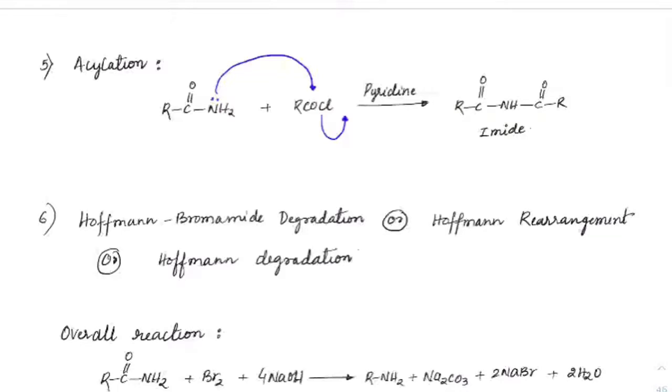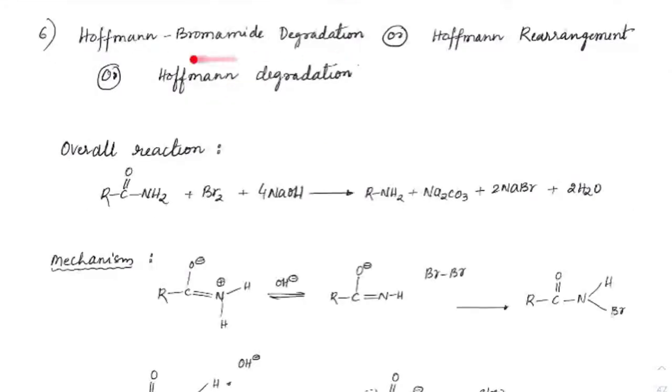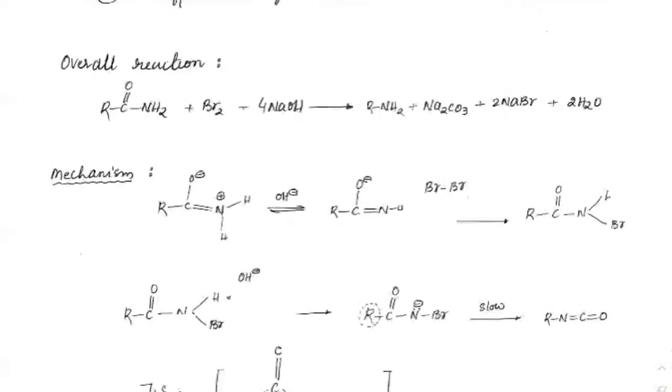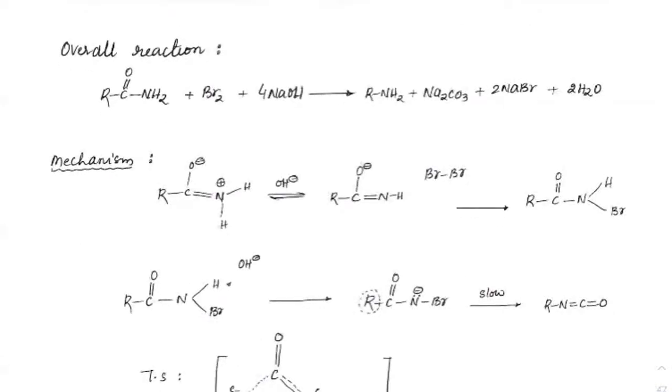One reaction, again, it's a repetition. We have learned in the last class the Hofmann bromamide degradation, or Hofmann rearrangement, Hofmann degradation, any of the names is fine. See the overall reaction. This overall reaction has also been asked in JEE Advanced directly, and they asked how many moles of NaOH are used. Got it? This was just recently in 2017. So this kind of overall reaction question has also been asked. Just check it out.